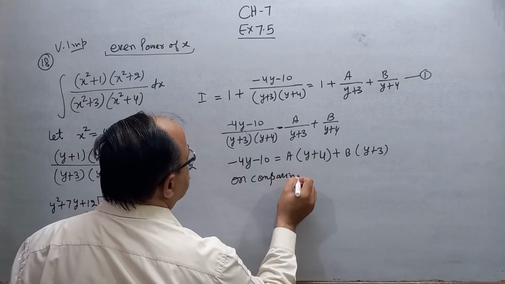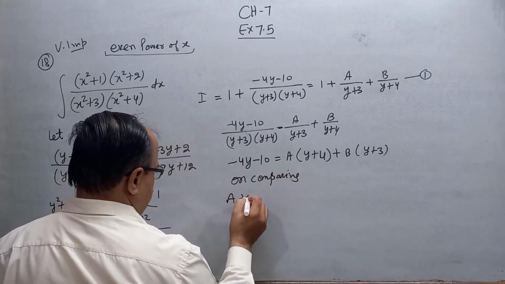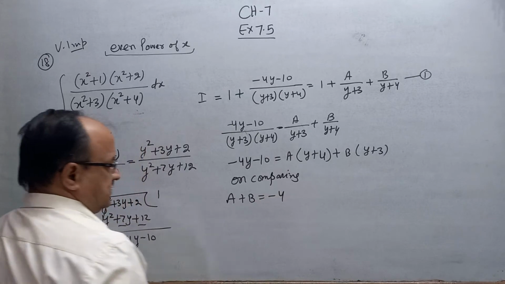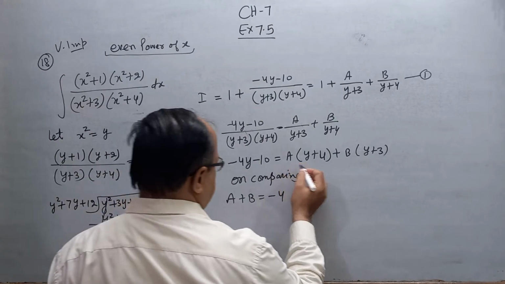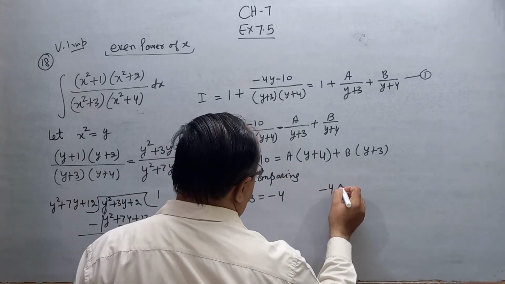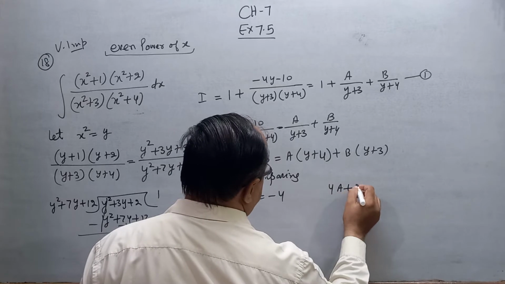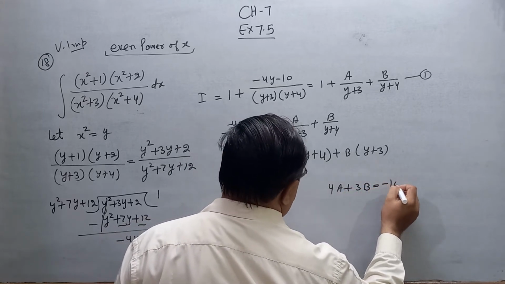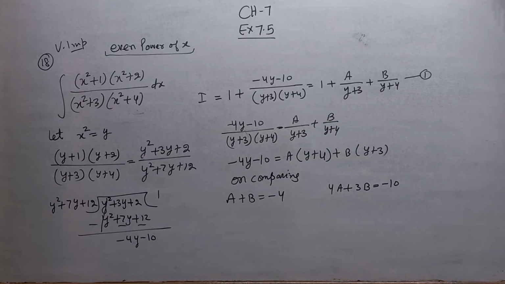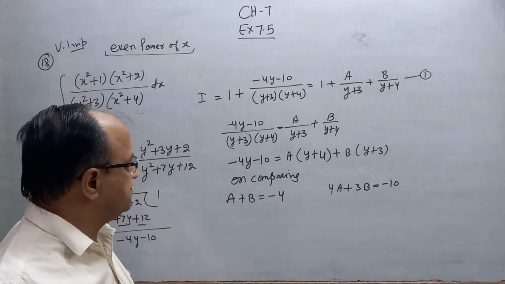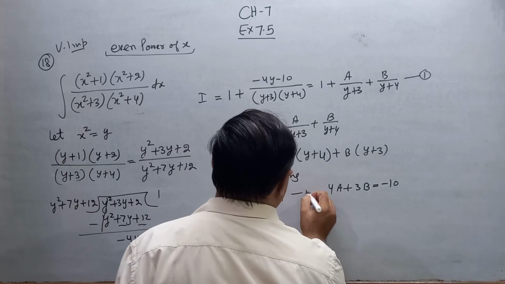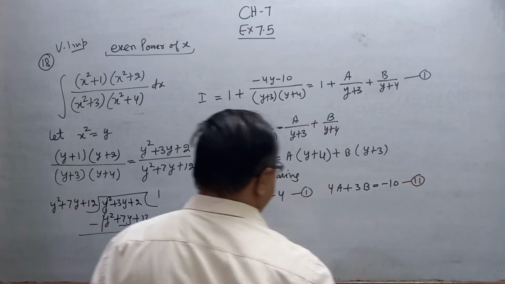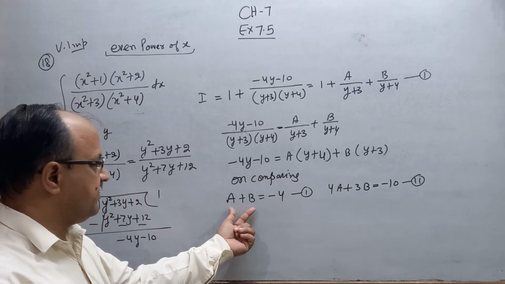On comparing the coefficient, a plus b is equal to minus 4. And the constant term, that is 4a plus 3b, is equal to minus 10. Here, this is the first equation. This is the second. Now multiplying equation number 1 by 4,